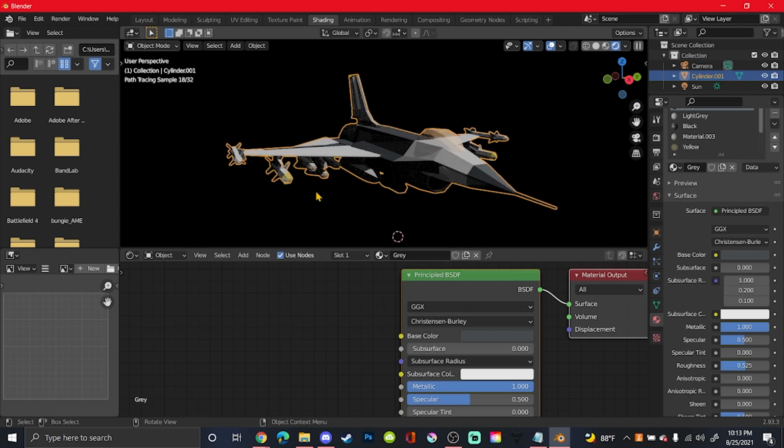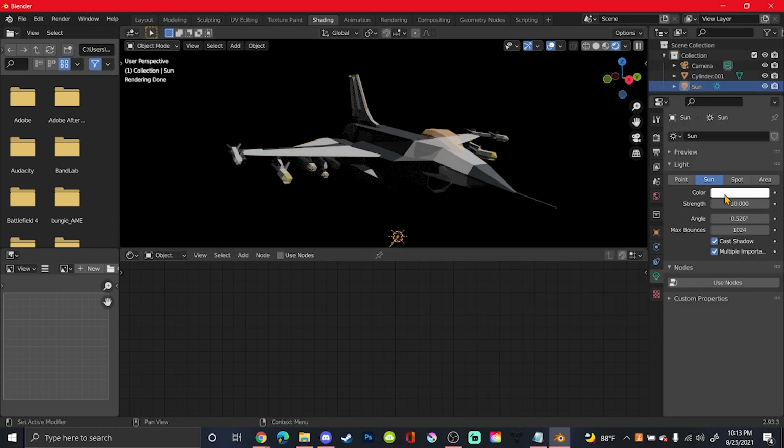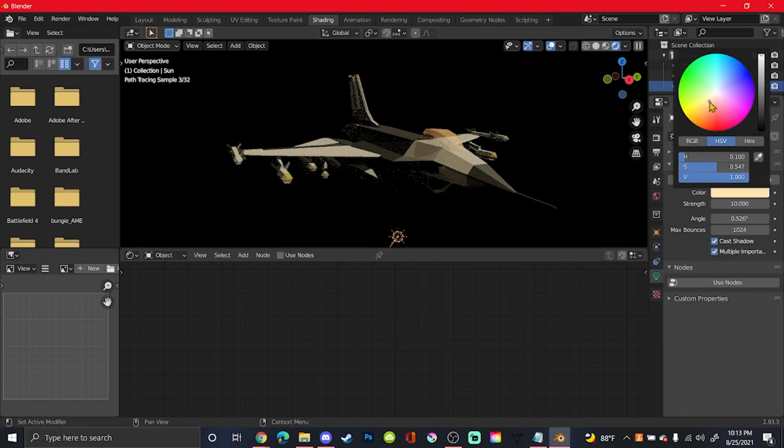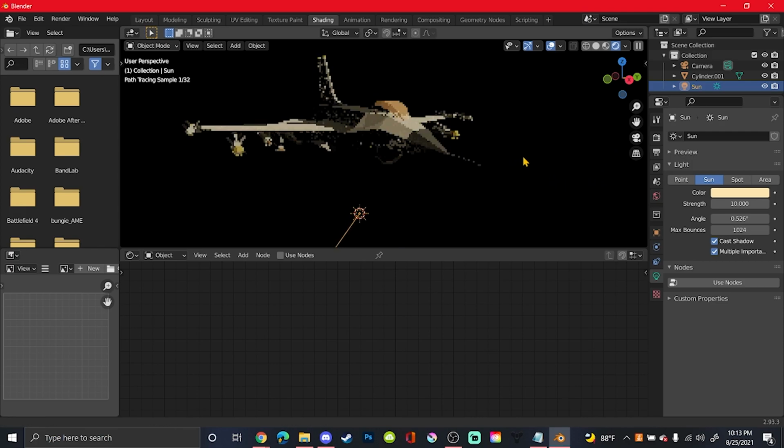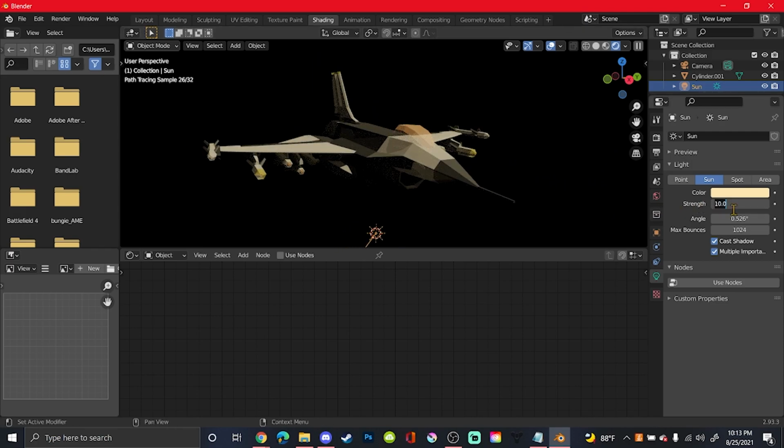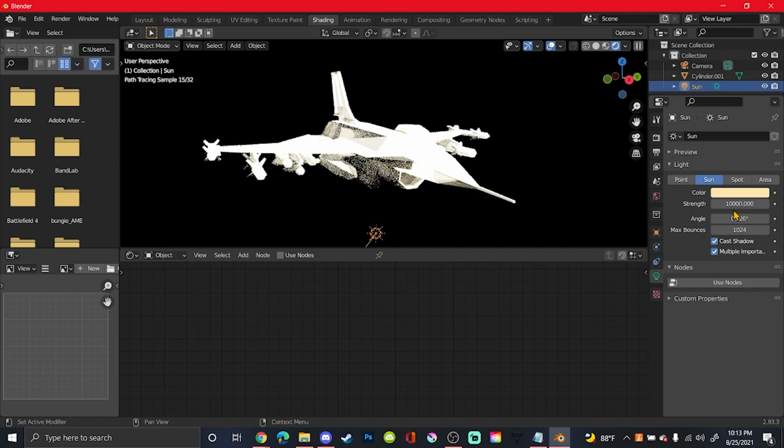And what I'm going to do is find my sun. I'm going to change the color on it to be orange. Yeah, let's do that. And I can jack up the brightness by clicking it and turning up the value with the numpad. That is very bright, so we're just going to settle for 100. Let's try that. Now if I hit the render,